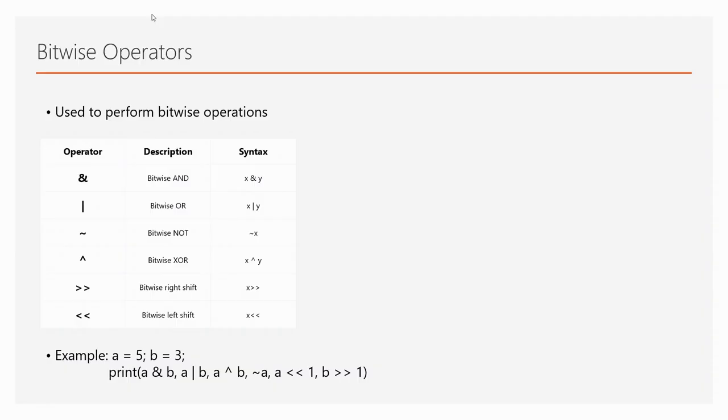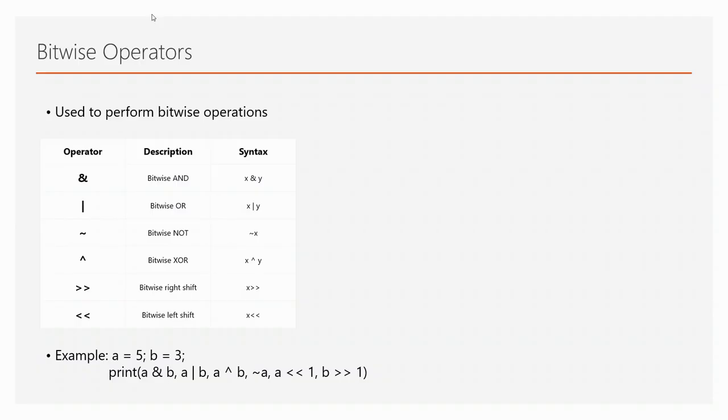Next is your bitwise right shift operator. Now these operators are used to shift the bits of a number right or left, thereby dividing or multiplying the number by 2 respectively. They can be used when we have to multiply or divide a number by 2.